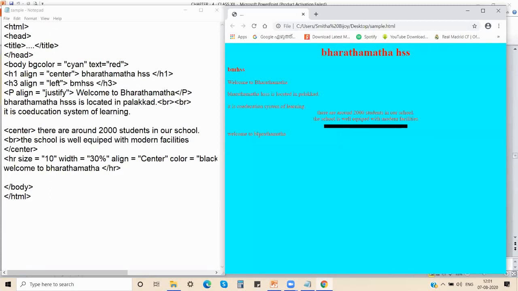Is it clear? So you have to think wisely and do the corrections. When you place contents, you have to do it in the proper order. So for align is equal to center, if I give align is equal to left, otherwise what I can do is even use the center tag.